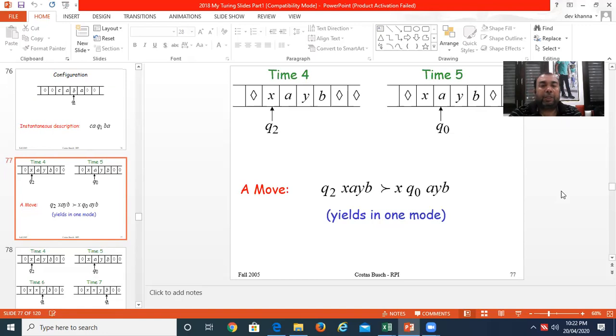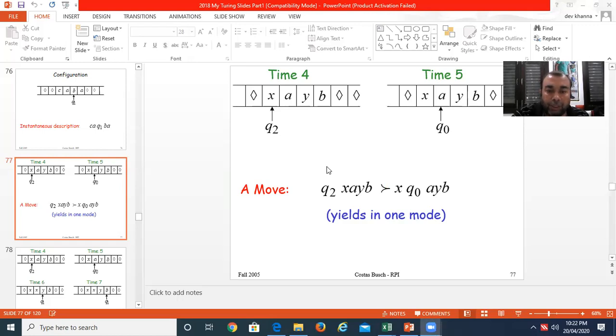So this is the symbol for instantaneous description. I do not have a mouse in my home. This symbol. Please remember this symbol for instantaneous description. Maybe this symbol is different from other books. Another book may have given another symbol, but in this case, this symbol has been used.